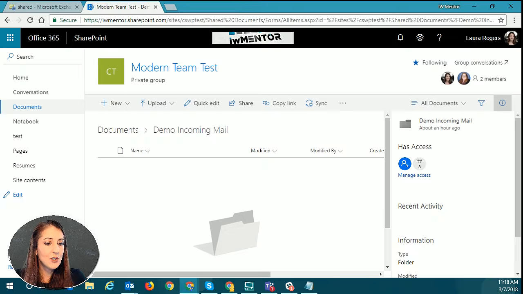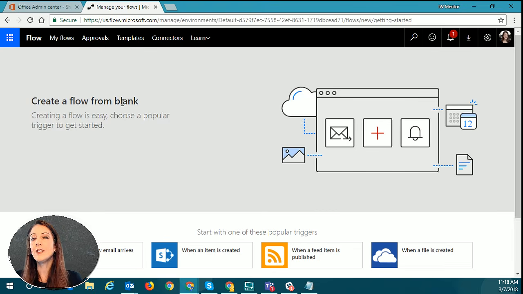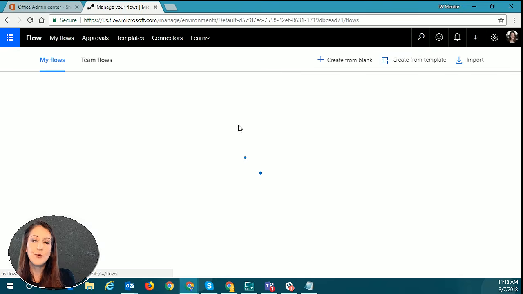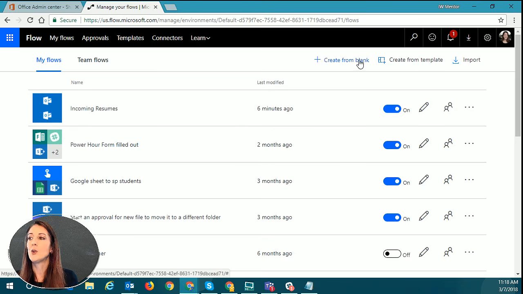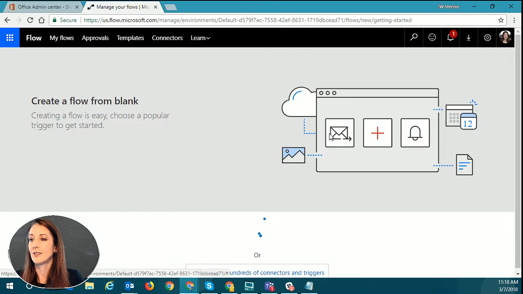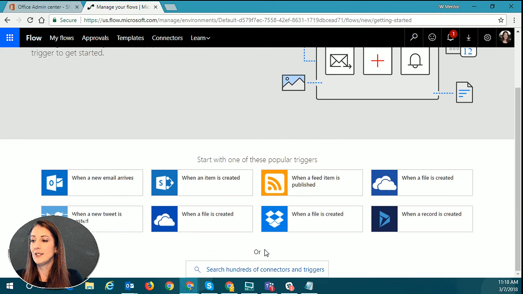So let's go to the flow. So this concept of just moving a file from one library to another, the cool thing about it being in Office 365 and SharePoint is that you could be moving a file from one library to another, not only in the same site, but it could be from site to site. It could be from different environments. It could be different site collections. It doesn't matter. With SharePoint Designer workflows, it has to be in the same site, but this one could go across sites. So I'm going to create,